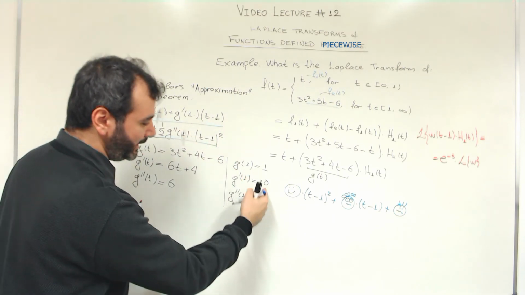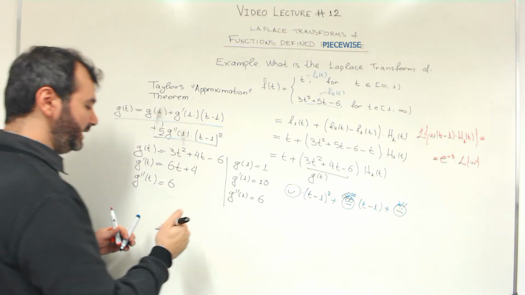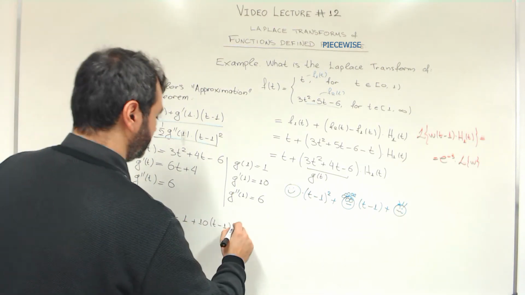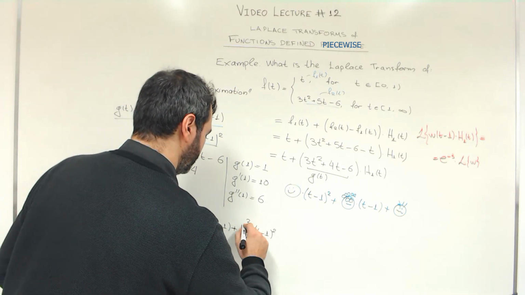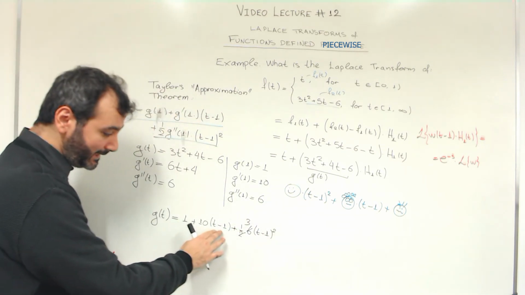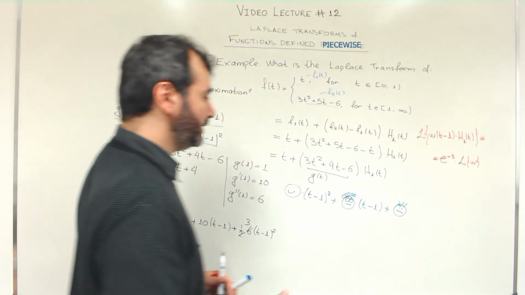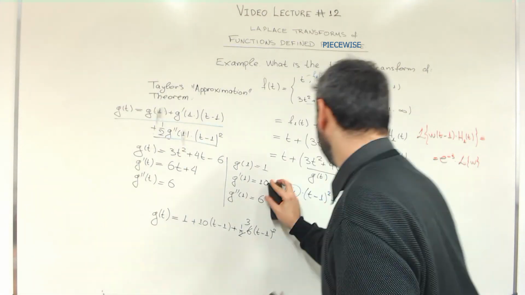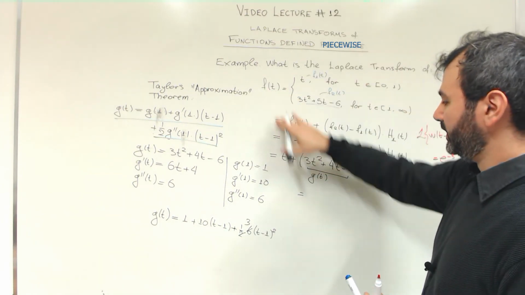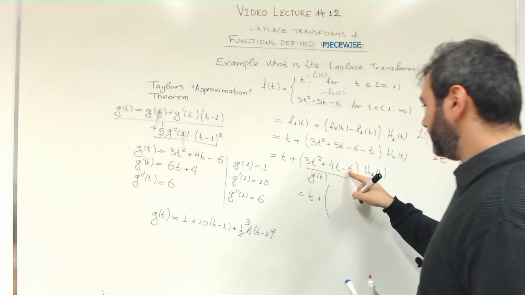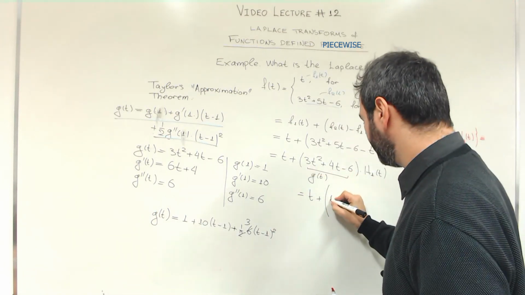We will simply plug in these values inside here, and we have 1 plus 10 times (t minus 1) plus 3 (t minus 1) squared. So let's write it here. So this function f of t is t plus, and then this expression g of t, which is